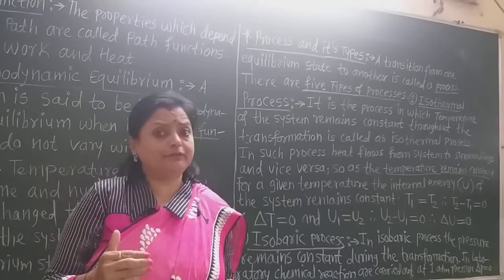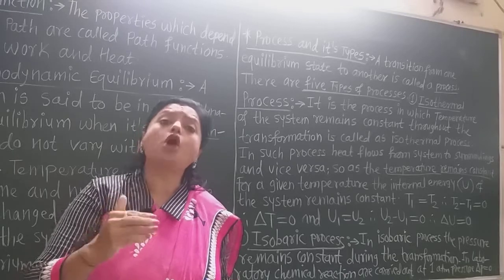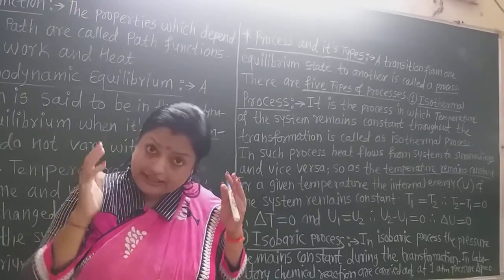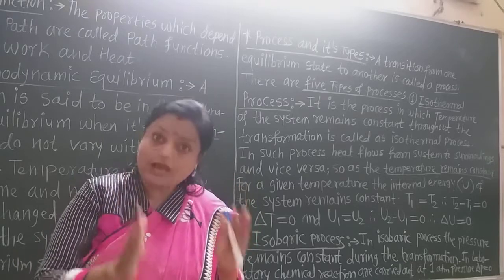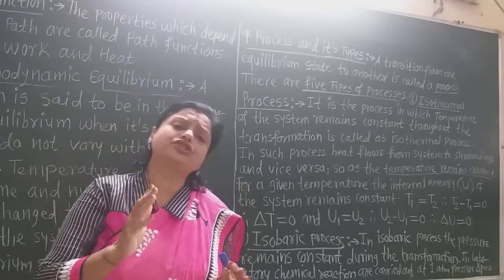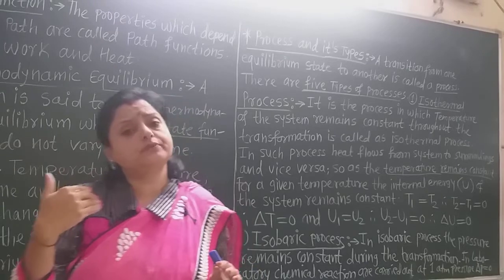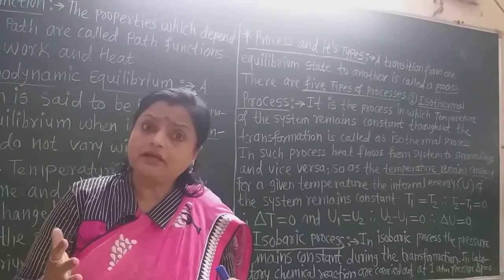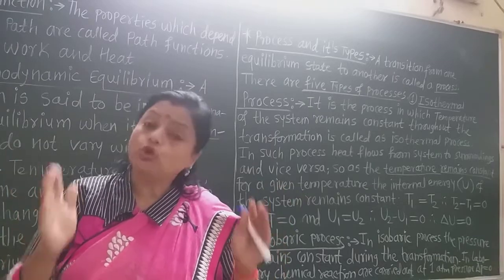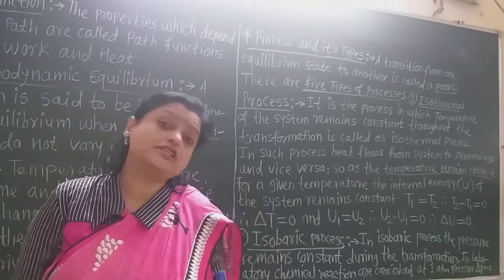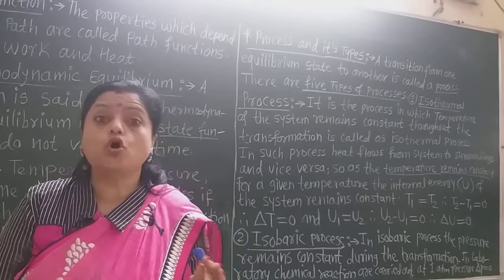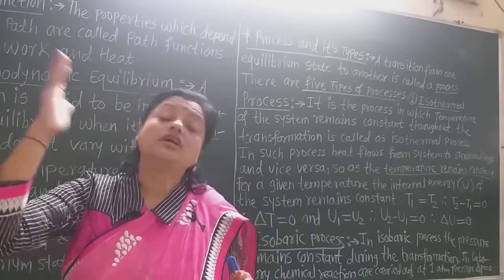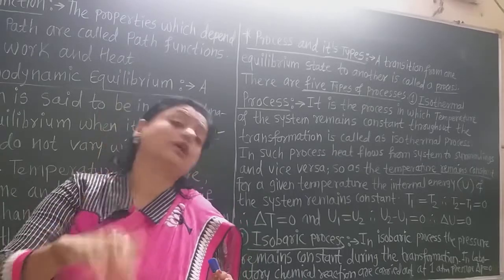If it is an exothermic process, heat flows from the system to the surroundings. Why? Because the system has to maintain a constant temperature. If the system is exothermic and the heat does not flow out, then what happens? There is a blast. So to keep the temperature constant, the system must give out heat. In an exothermic process, the system must give out the heat.